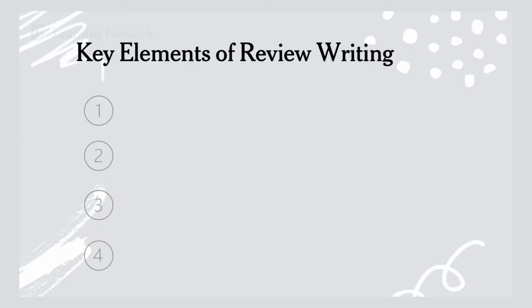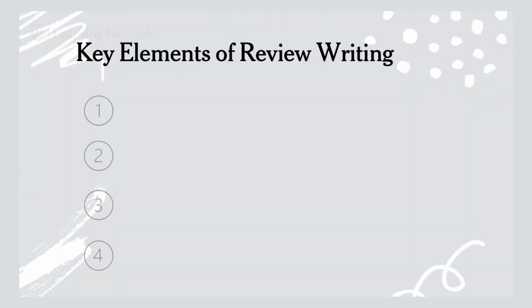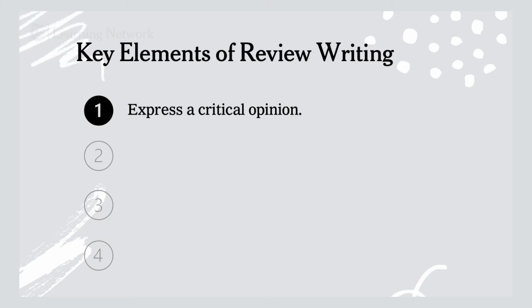All right, so why don't we take a look at some of those moves or those key elements. Can you tell us a little bit about elements that are specific to writing reviews? Yeah, so for this unit, we have identified 4 key elements of review writing. This is not an exhaustive list. There are so many different writer's moves that review writers use, and you're going to hear about some of them later. But these are just sort of the basics, and they align really closely to the rubric that I introduced in the beginning. So the first is to express a critical opinion.